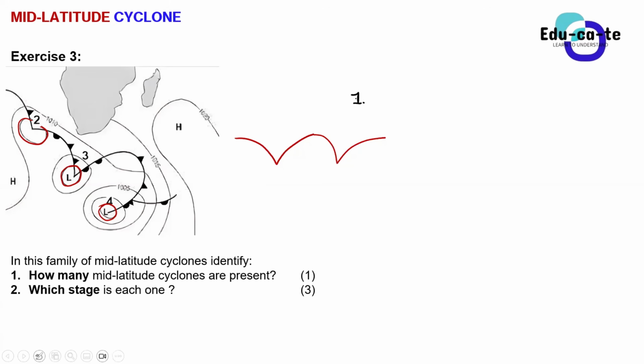Yes, Trevor? Even if in number 2 there is no L, is it still a mid-latitude cyclone? Now that is the question, that number 2. You will tell us why there is no L there. Okay, so in this case, guys, we have got a yes and no. Is there a question? Okay, I assume there's no question.